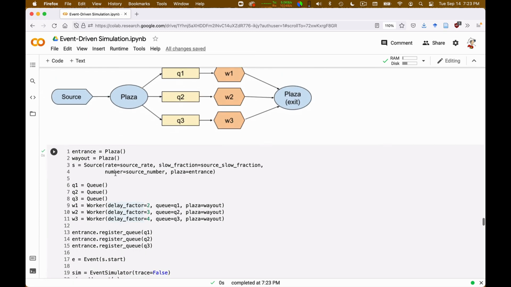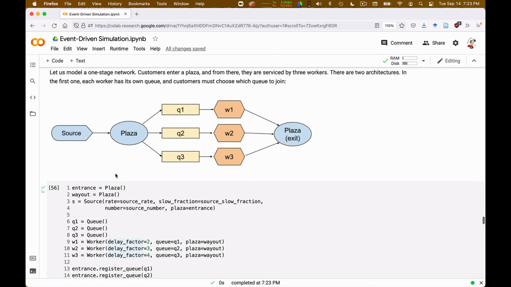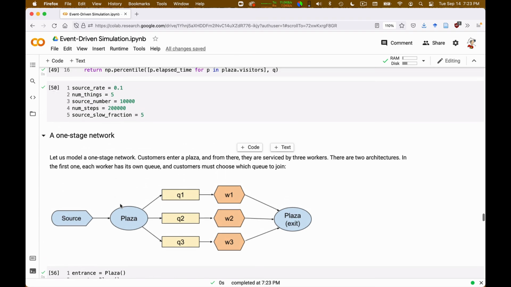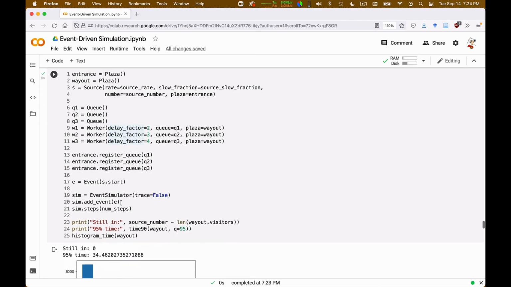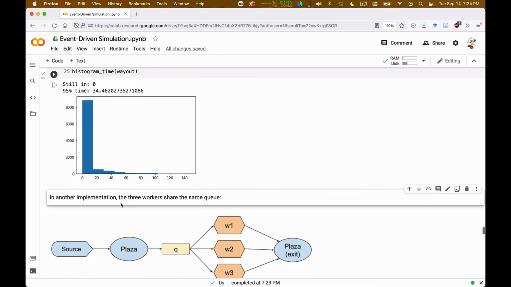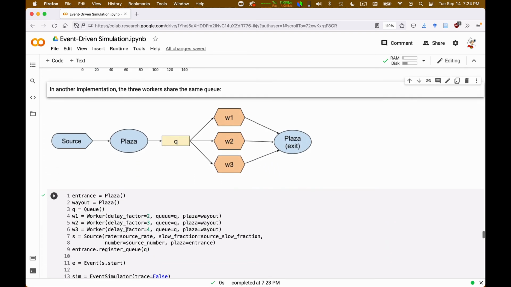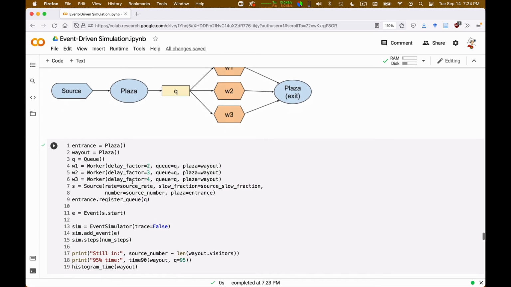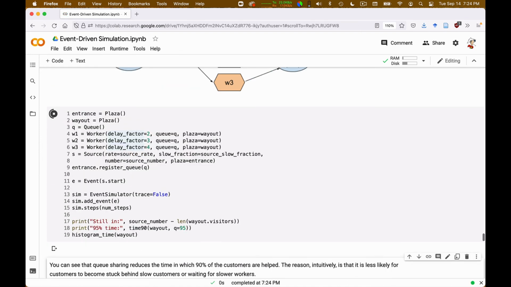And so let us use exactly the same source parameters, number of incoming people, speed of the workers, etc. That is why I define them once and for all here. Let us use exactly the same parameters, but change the arrangement of the queues and specifically adopt a single queue in front of the workers. So now I use this implementation. I create a different network, but the source has the same parameters and the simulation is run in the same way. So let me run it.